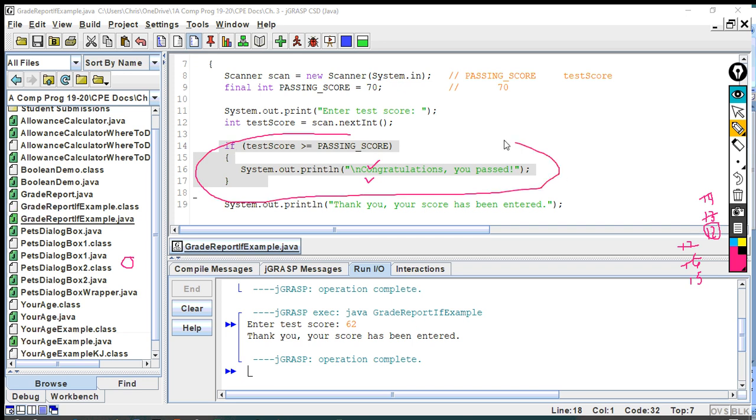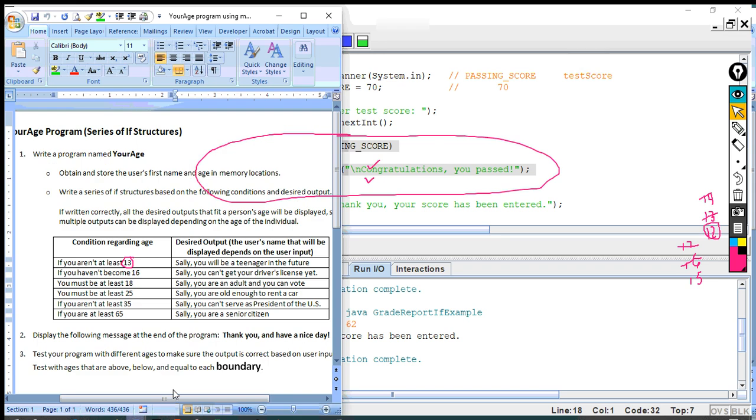You'll have 6 of those. And that's how that works. And then make sure that you would read the rest of the directions on anything else that needs to happen. But anyway, that's the main idea with this program, is getting the series of if structures that are based on